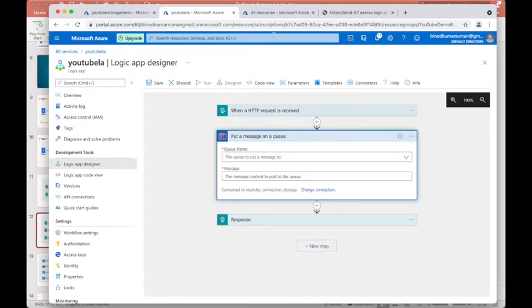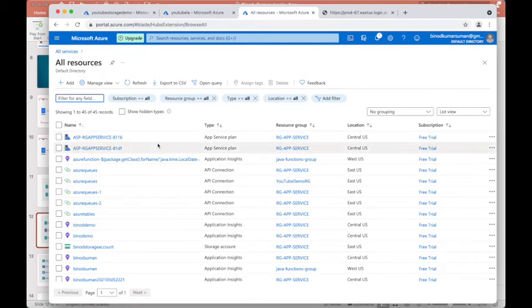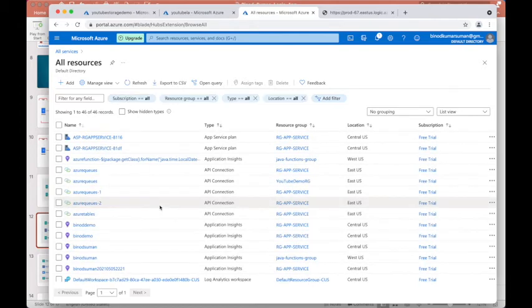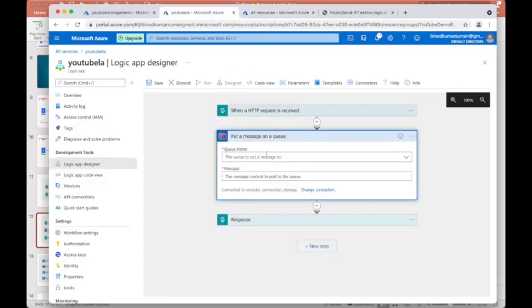And if you want to see, you come here to resources, and in all the resources, if you refresh it, you will see the YouTube demo, and you see this is the one API that has been created. Okay, so come here, and now it's asking which queue you want to put the data in, right?